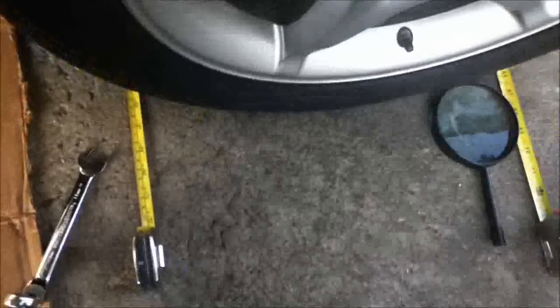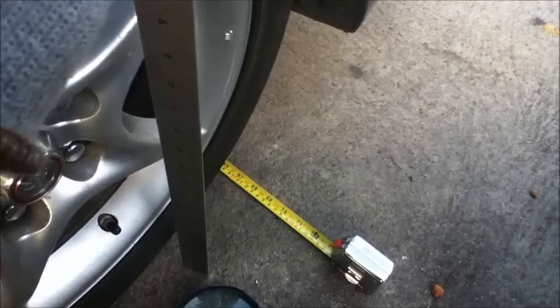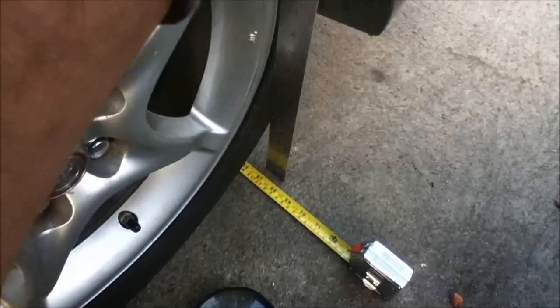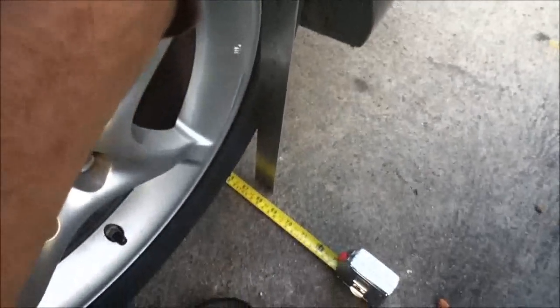Wow, this is hard to do with one hand. All right, so just keep screwing it in. Then after you screw it in, you keep checking your distances with your straight edge. So you want to give it a couple of turns and then just keep checking it. I've already done it, and